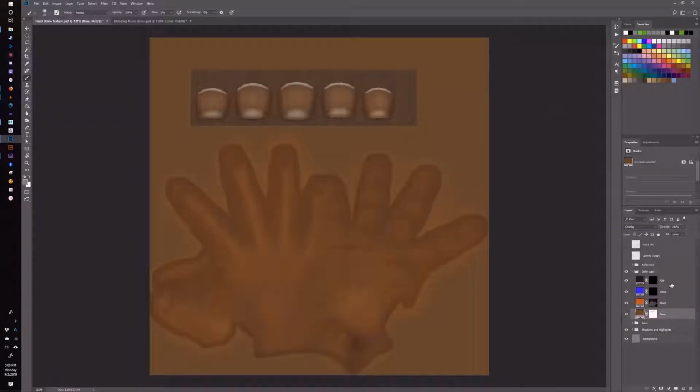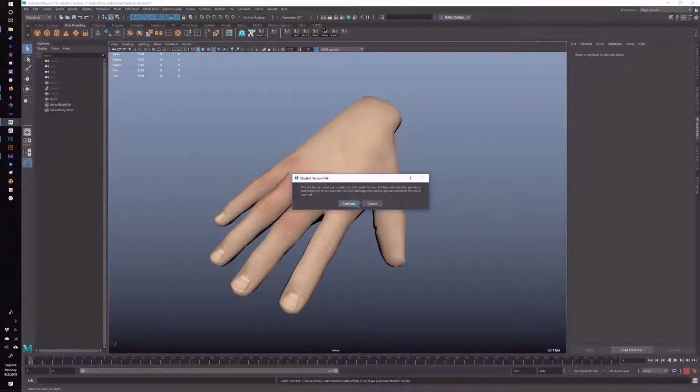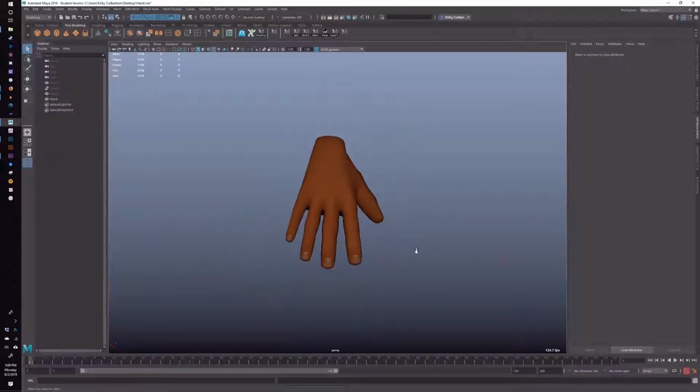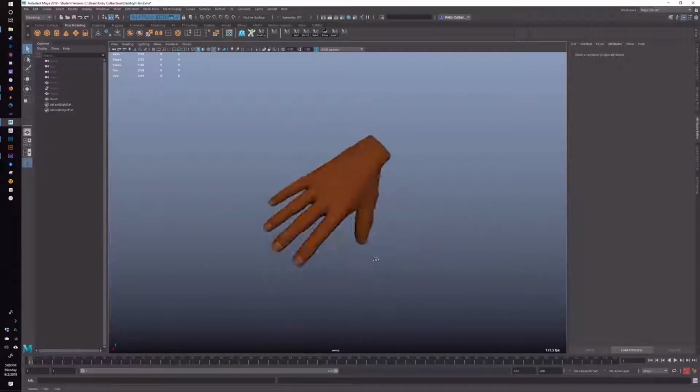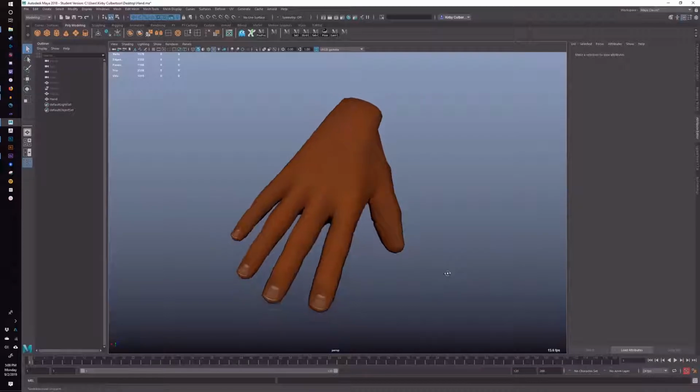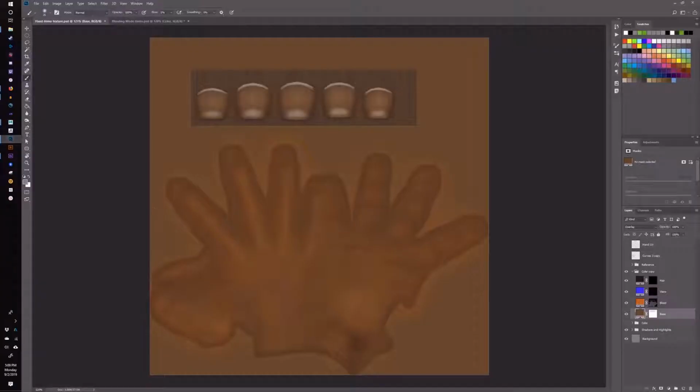Adjust this maybe a little bit closer down that way. And so when you save that, you can see how quickly you can generate a whole new color value for your object, and you've really only